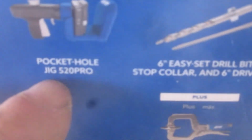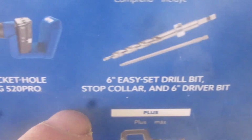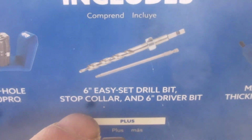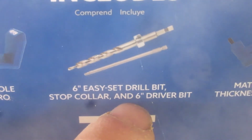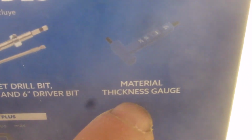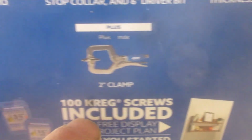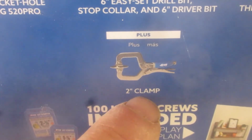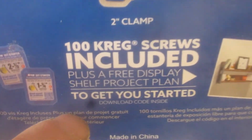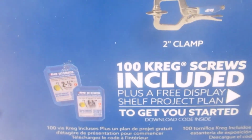I'm just quickly going through this. It includes in the box the pocket hole jig 520 Pro, a 6-inch easy set drill bit, stop collar, and 6-inch drive bit. A material thickness gauge, which is important, that's how you set your tool. And it also includes a 2-inch clamp and 100 screws. That's sort of a nice thing to add, because